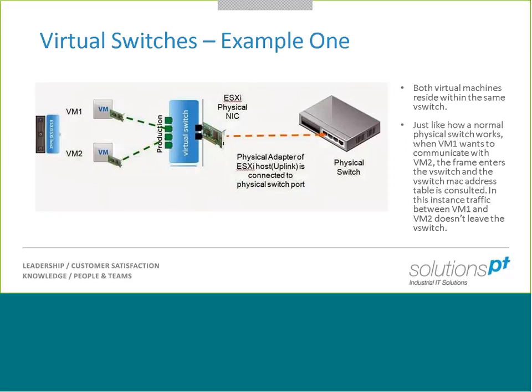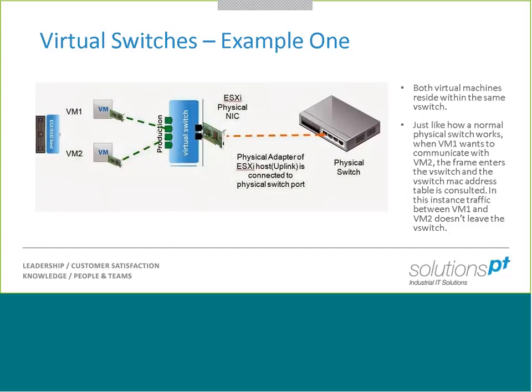Okay, so we're going to look at an example here of how a virtual switch would operate. Let's start on the left-hand side. We've got 2 VMs, VM1 and VM2, and this is essentially just a production LAN or a production VLAN. Those two, we can see the icon of the NIC there connected to the virtual machine. So they are just virtual adapters, virtual NICs, and they connect to that virtual switch there, that blue virtual switch